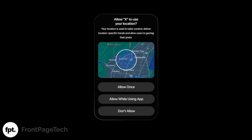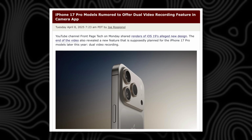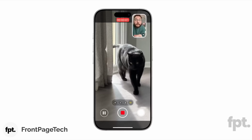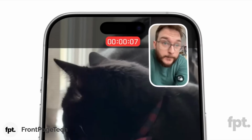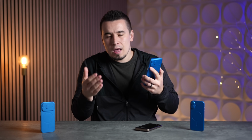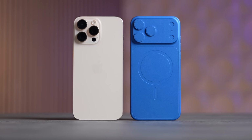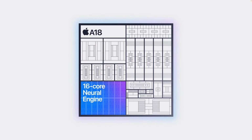Now moving on to update number 3, we actually just got this update from John Prosser with iOS 19 saying that Apple for the first time is gonna enable dual video recording for the new 17 Pro model. So basically, you're gonna be able to record rear camera video while you actually get a little bubble on the screen showing your own reaction, which is gonna be really cool. This is gonna be perfect for, let's say, like reaction videos or viral TikToks where people are recording stuff and you wanna see their face at the same time. It might be available on the current 16 Pro models. I'm not sure. Maybe Apple's gonna say that you need the latest chip to make it work with the extra